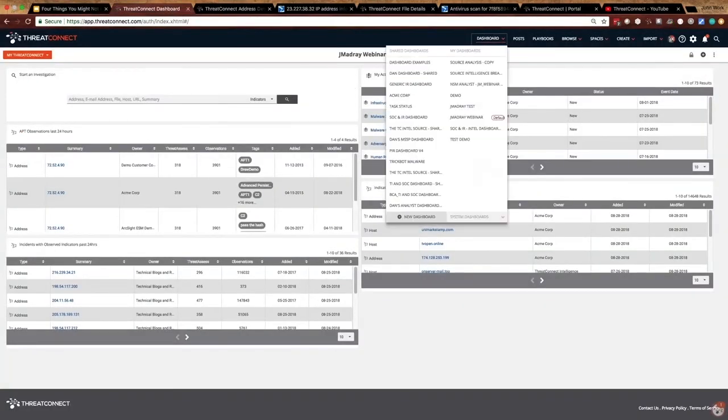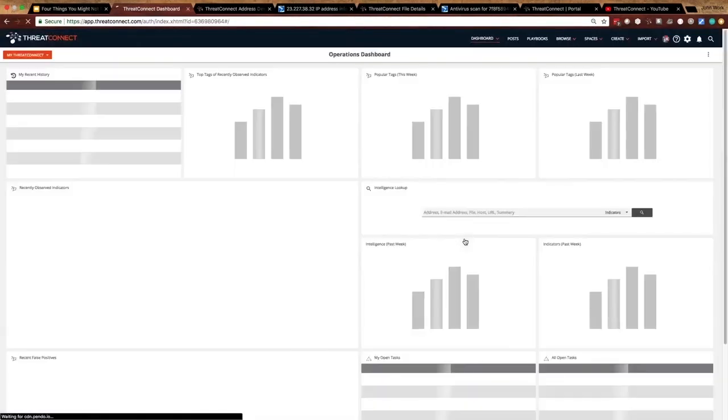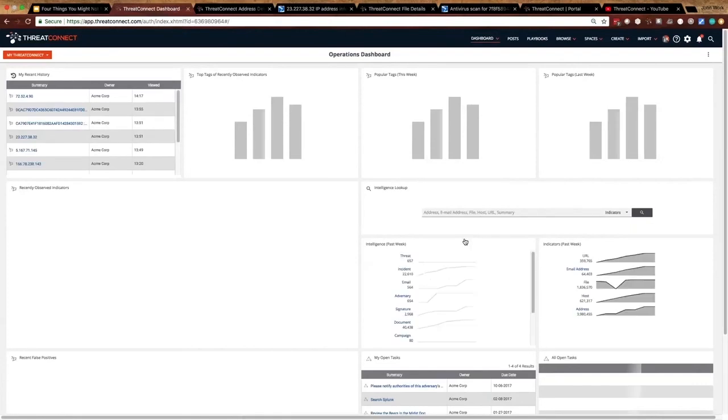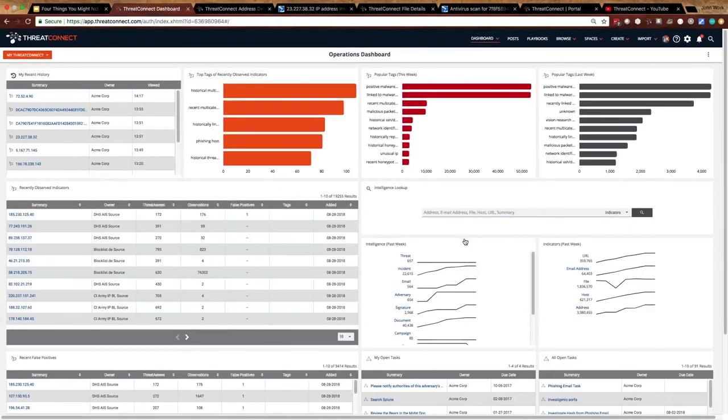So back to these dashboards. Now, there are some pre-canned dashboards that are in the platform. So if you're on an on-prem instance or you're on a dedicated cloud instance and you don't see these dashboards down here under the system dashboard section, reach out to your customer success engineer or your customer success manager and let them know. That way we can make sure we get these things loaded for you. So you do have some of the out-of-the-box functionality. And a lot of these are going to give you some insight into how you should build dashboards and some of the information that you can pull in.